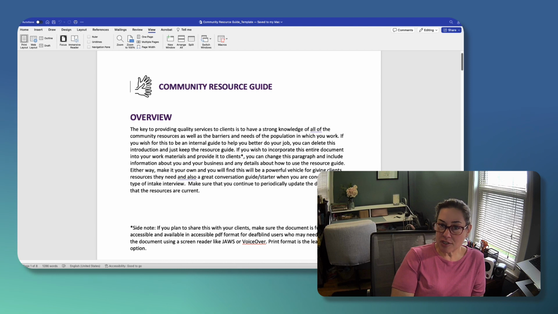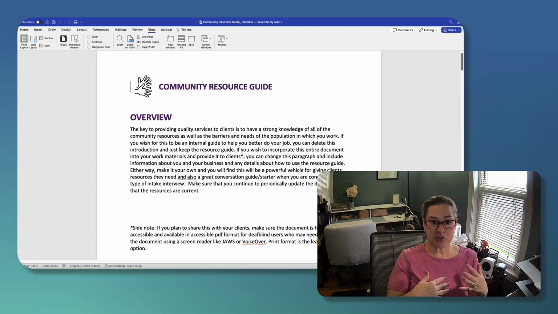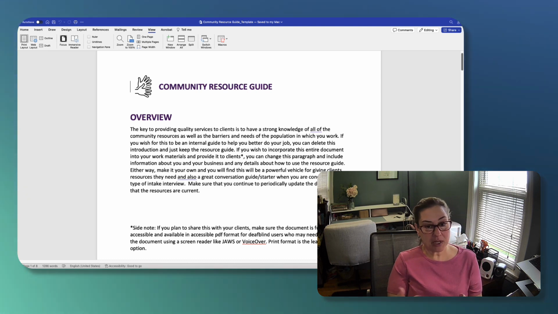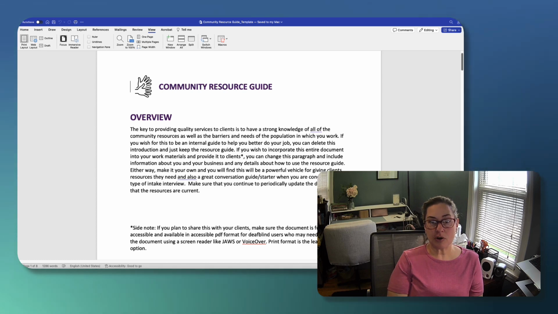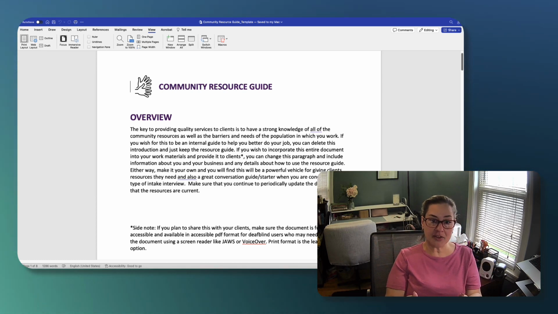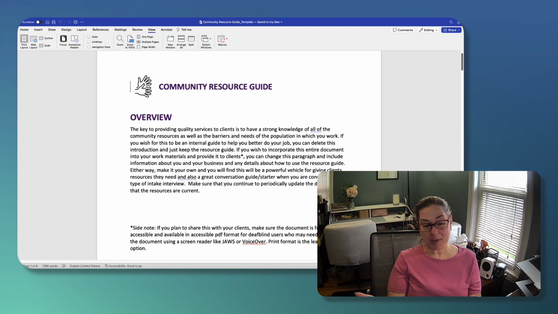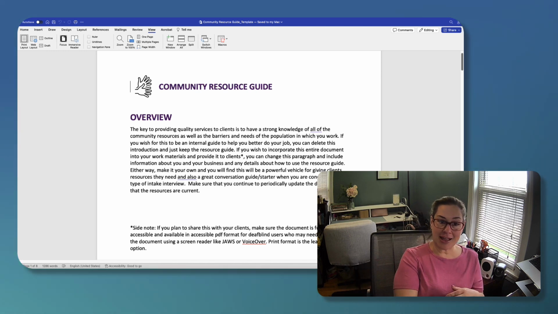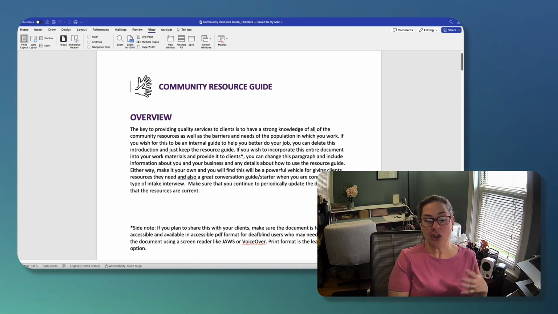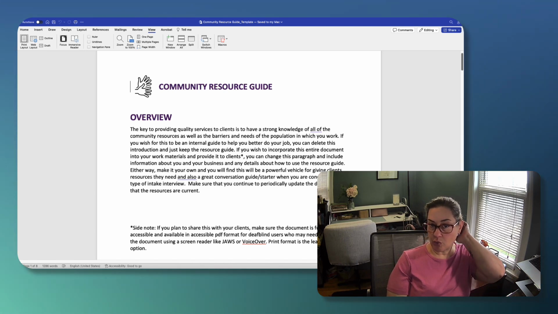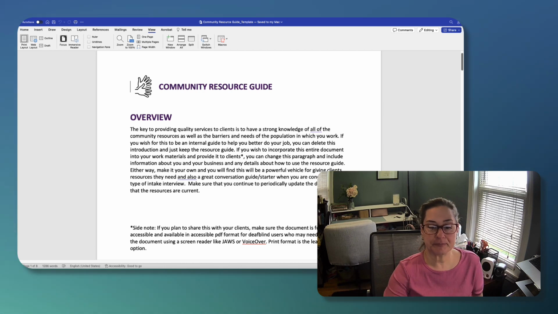If you have questions about how to do that, there's a lot of resources online, and I'm also happy to guide you, but you want to make sure that it'll work with a screen reader, which means that once you're done personalizing it in your Word doc format, you want to save it as a PDF also, because you don't want people to change your document. So save it as a PDF, and then that's the format you can email to clients, and then they can use that with whatever screen reader or app that they're using.